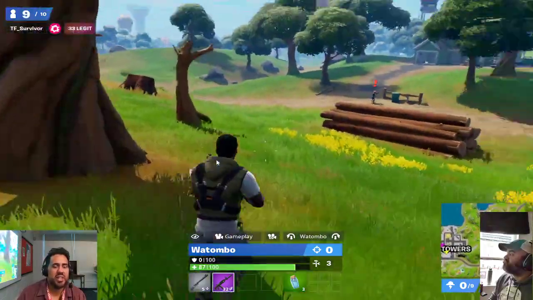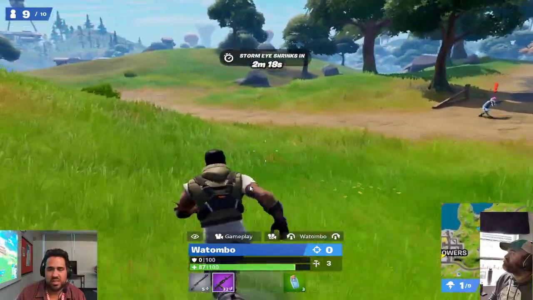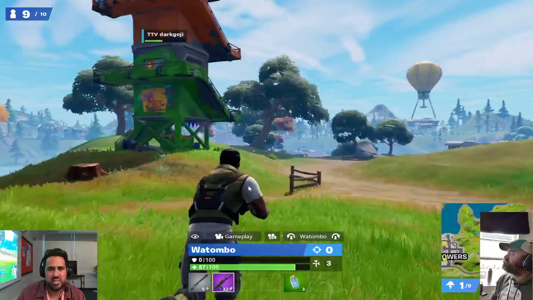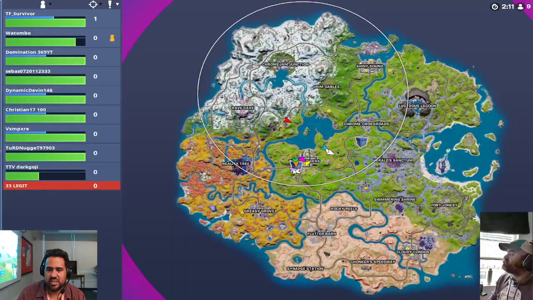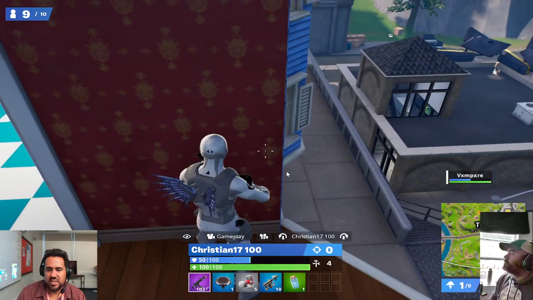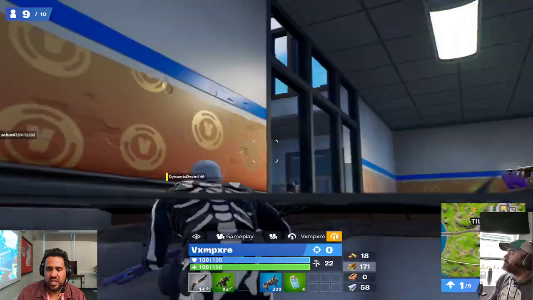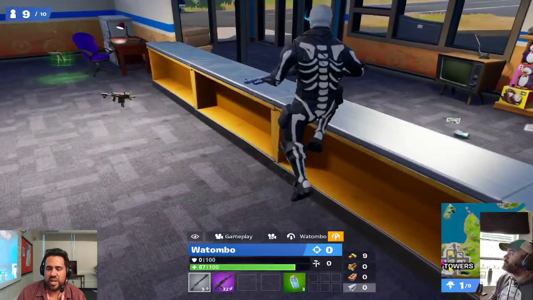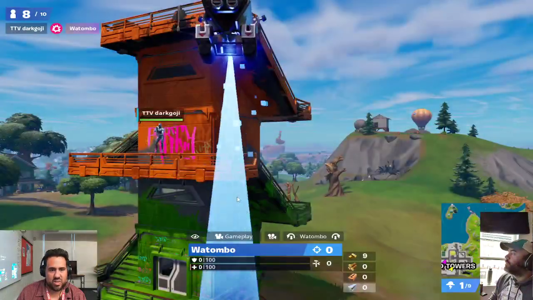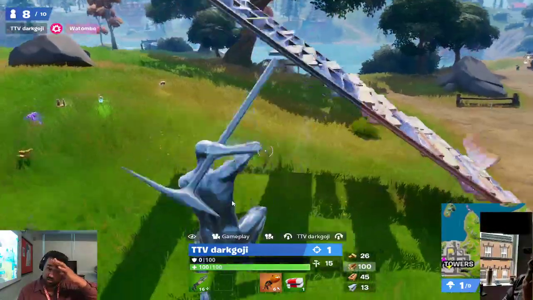Let's see. Survivor takes out Legit, following Watumbo, picking on some NPCs. Let's see. We'll stick with Christian. Christian surveying the area from the high ground. We got Vamp running around trying to pick a sneaky Pete. Ooh, I'm done. There he goes. TTV taking out Watumbo,